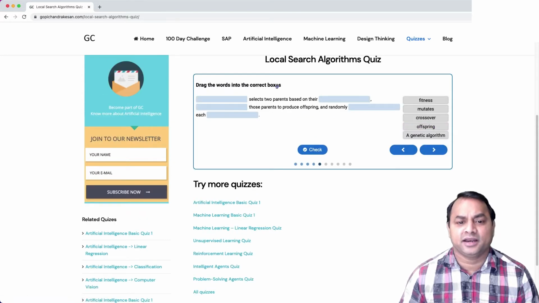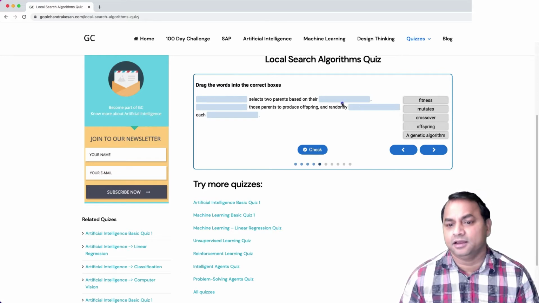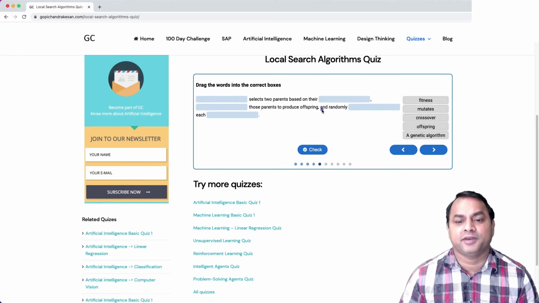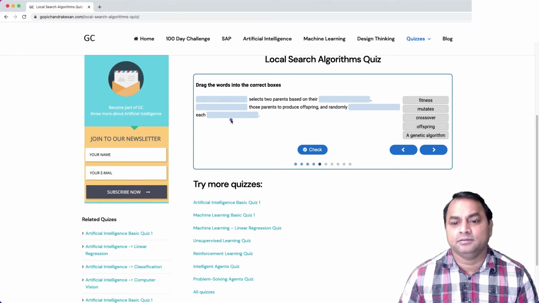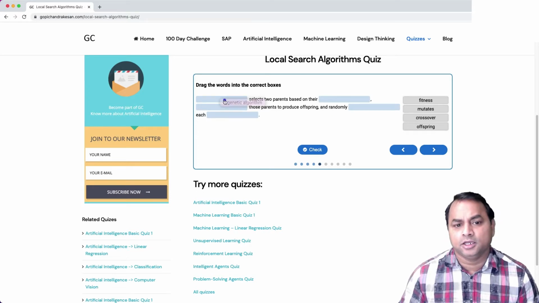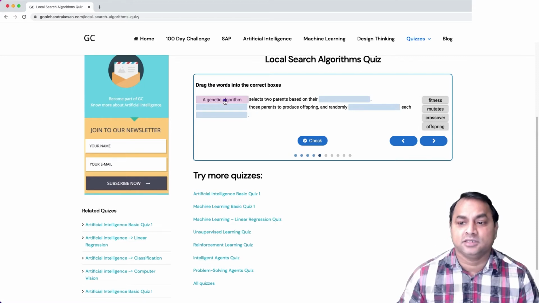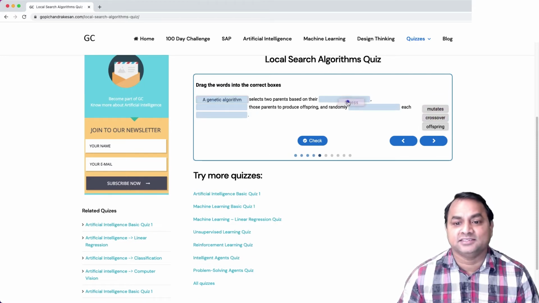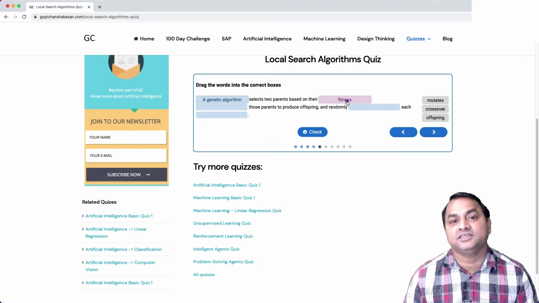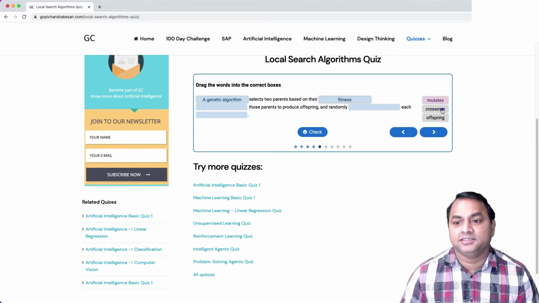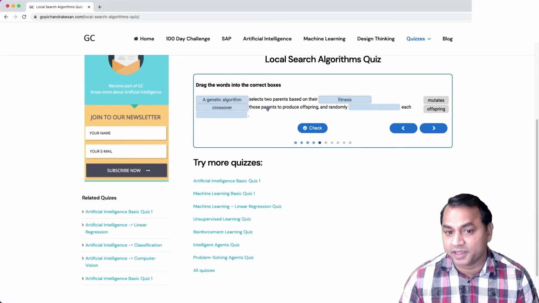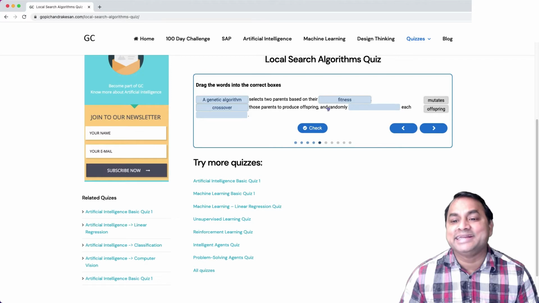Drag the words into the correct boxes. In that, the blank selects two parents based on their blank and blank those parents to produce offspring and randomly blank each blank. This actually belongs to a genetic algorithm. So the genetic algorithm selects two parents based on their fitness, because it selects whichever has the best fitness, and then it crosses over those parents to produce offspring and randomly